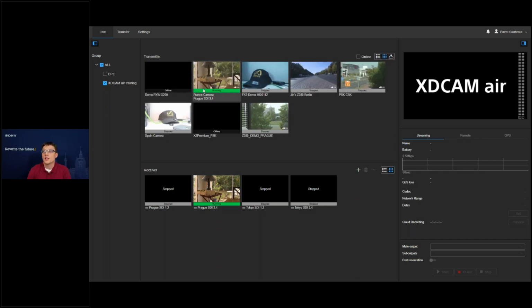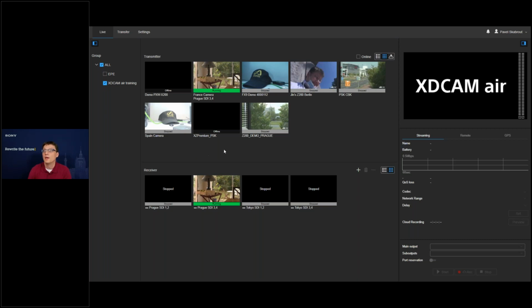And also we can see the status of the camera. If it were recording, we would see a record button here, so we know that the camera is on record. Even with the recording, we can have the streaming. So to start the streaming, like the recording camera, you can see the Spain camera is now, for instance, recording